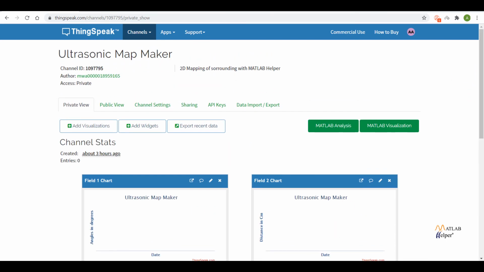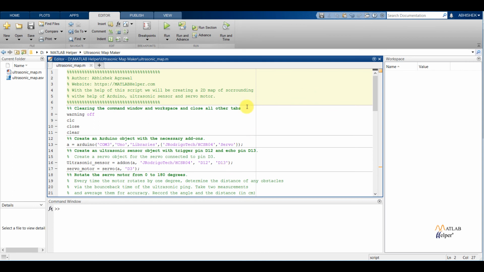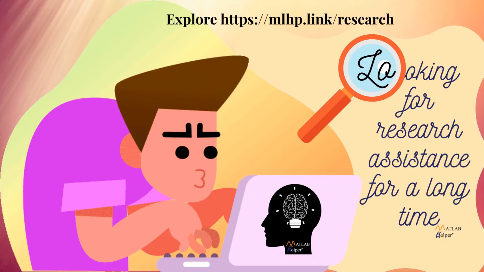So now we are going to run our code, and we will see that the data gets uploaded to the ThingSpeak cloud, and simultaneously we will get the plot here on our own MATLAB PC system. But first, before running our code, we will see the connection that we have made, and then we will run the code.